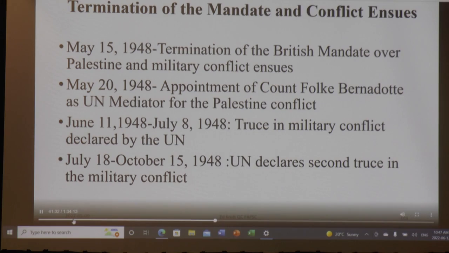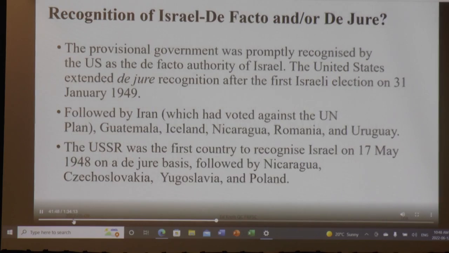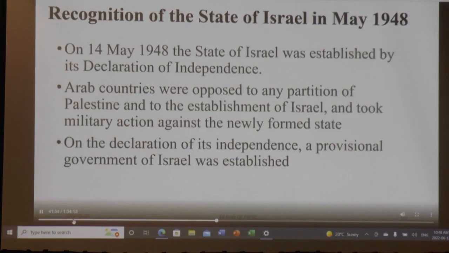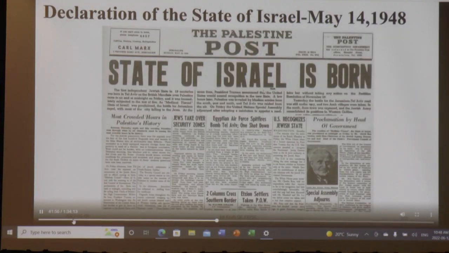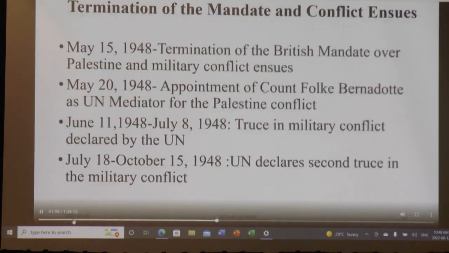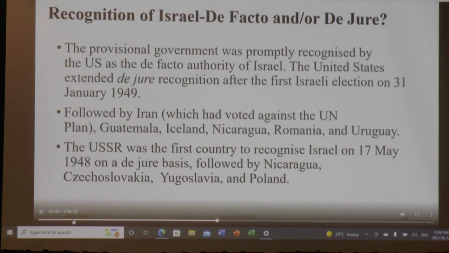And there's conflict in Palestine between the Jews and the Arabs. Military conflict, there are a couple of truces, there are different advances both by the Arabs and the Jews in different areas. But you see that the conflict continues to be ongoing in 1948. And what about the recognition of Israel? You saw in the headline that the U.S. recognized the Jewish state. But to what extent did it recognize it?